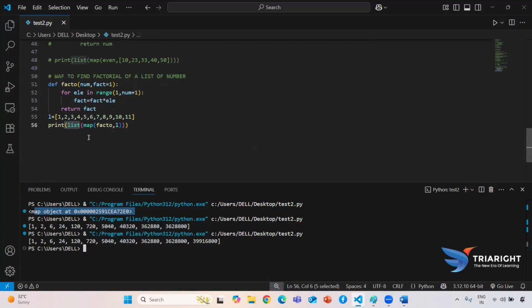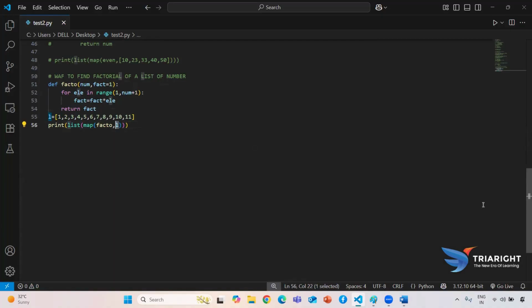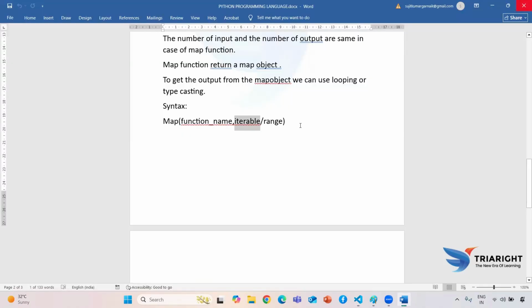Okay guys, now there might be a scenario, guys, as of now I'm just passing one iterable. If I try to pass two iterables, is it possible or not? Yeah. So guys, in case of our map function, we can pass two iterables at a time, or two sequences at a time. So for that, the syntax two is,